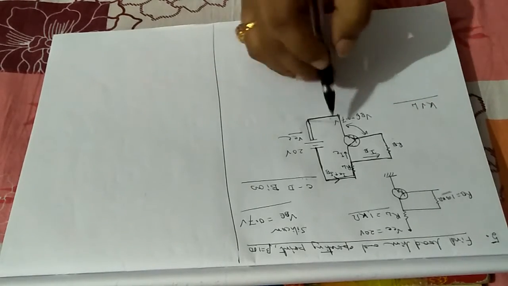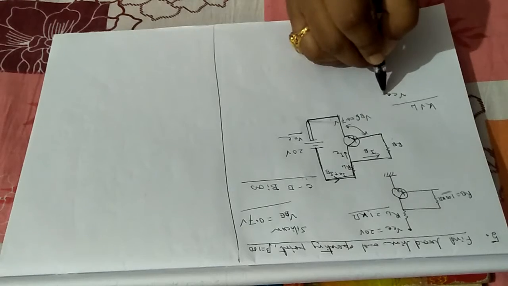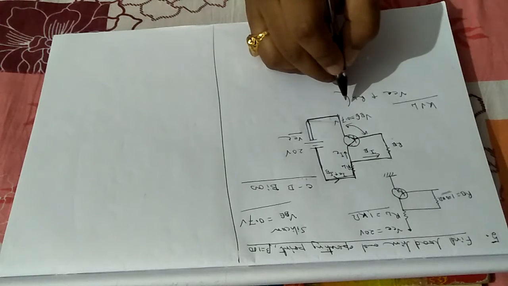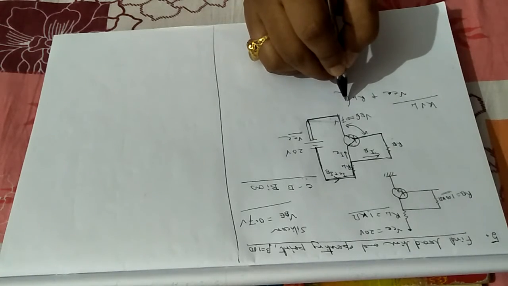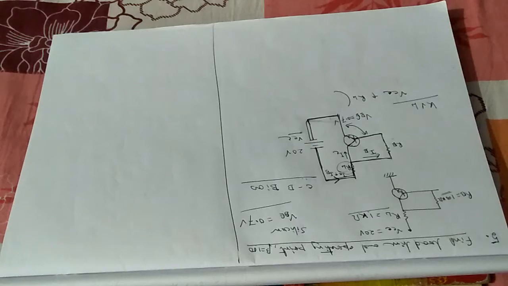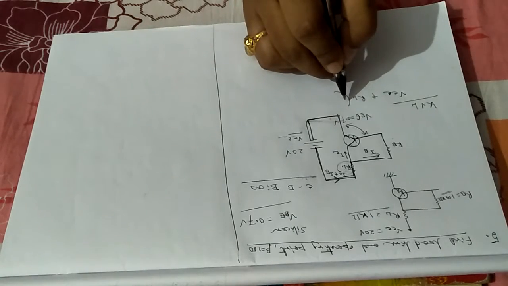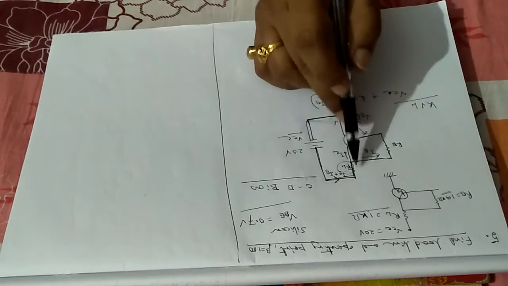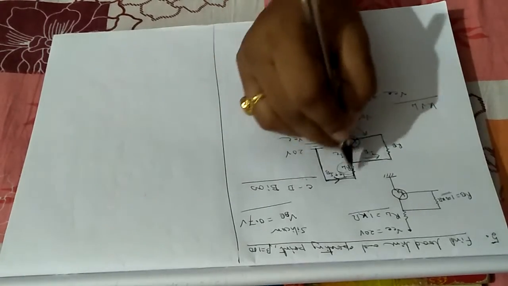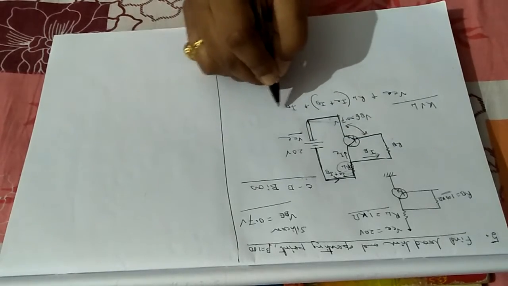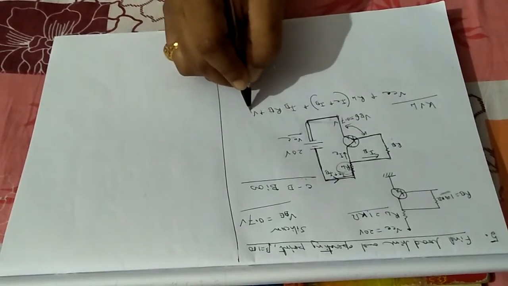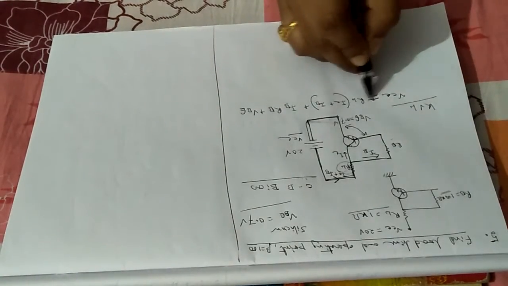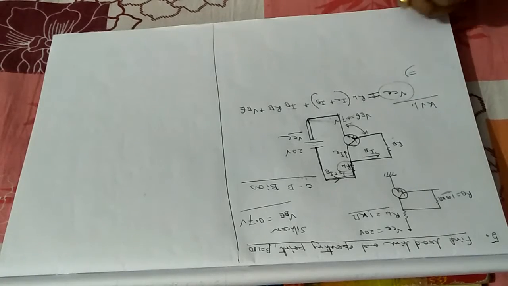How will the input circuit look? VCC equals RL into, with RL two currents will be going, IC plus IB, that is important. IC plus IB both go through RL. Then it comes this way, then IB into RB, plus VBE. You can write VCC equals that. VCC is given.